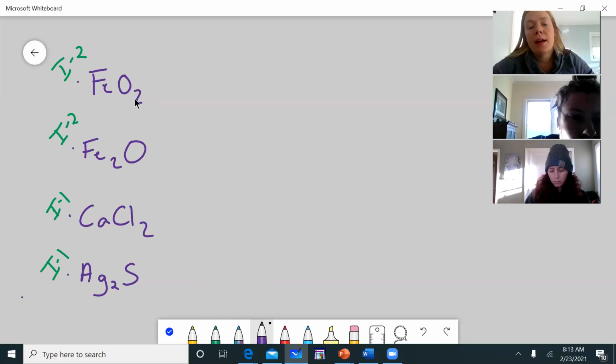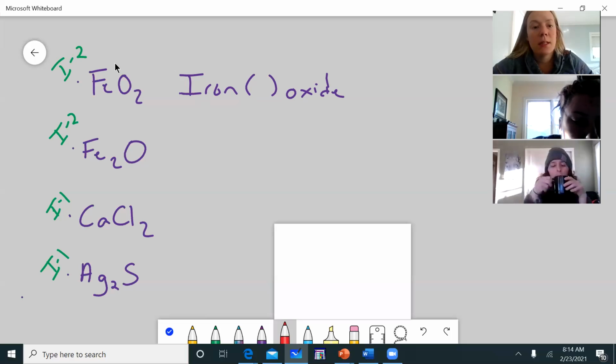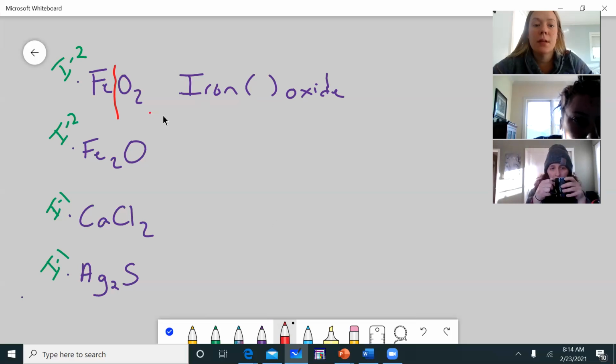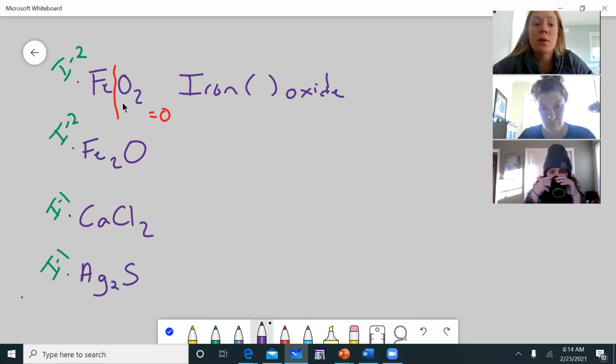So with our type 2 here, we've got iron and oxygen. So this is some sort of iron oxide. But remember, we have to put in a Roman numeral with this here. So we're going to figure out the charge of the iron. So I'm going to cut this thing in half. The whole thing has to equal 0, right? So let's figure out the charge of the nonmetal. The nonmetal is oxygen. It's 2-. Where did you get that? Find it on the periodic chart under your notes. And there's 2 of them. So it's a 2- times 2, right? Because the whole amount,